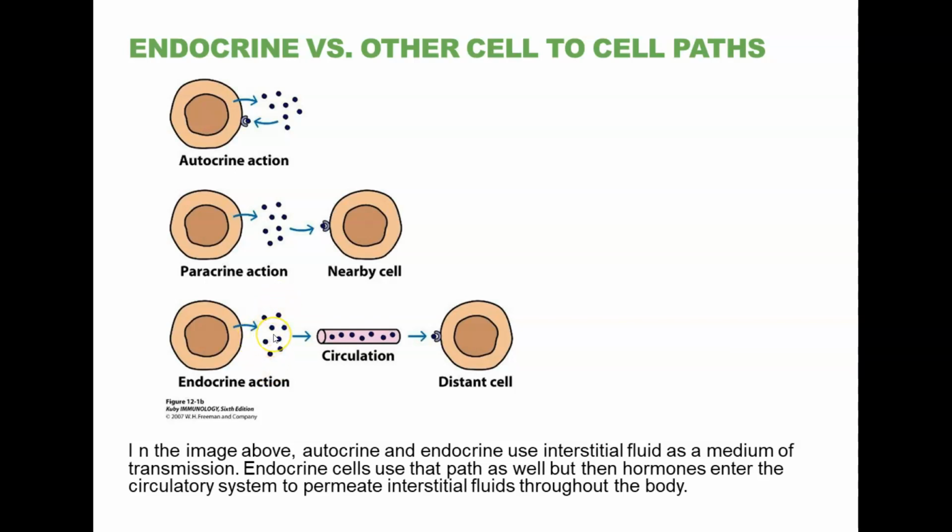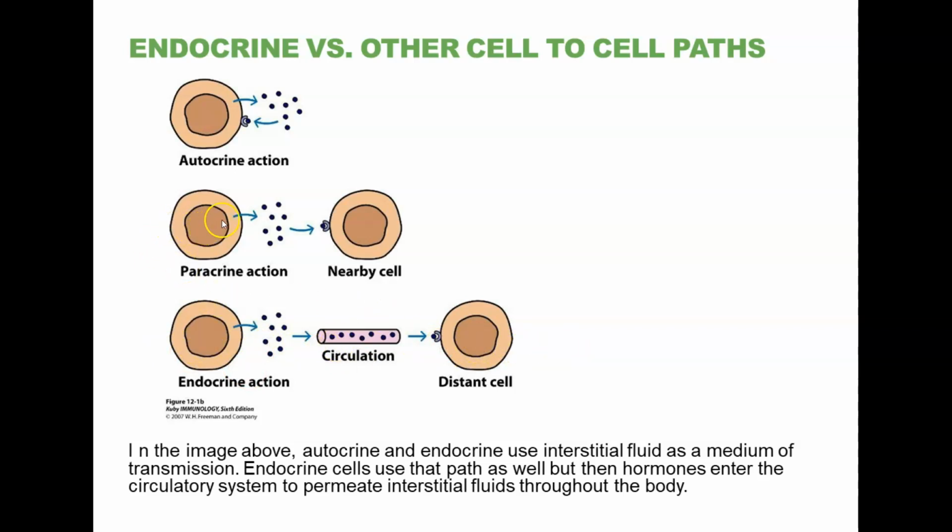Anything released into that interstitial fluid has a potential, based on diffusion, size of molecule, and things like that, to enter the circulatory system and therefore get distributed throughout the body and diffuse down its concentration gradient to all other parts of the body. And cells that are equipped to respond to the hormone, in that they have a receptor sensitive to that hormone, can be influenced. So that's what we mean by a hormone in the endocrine system.